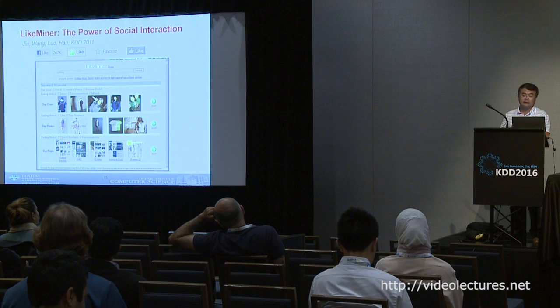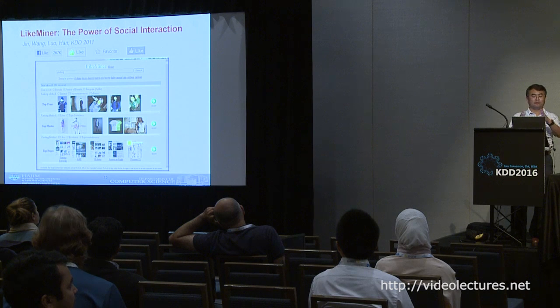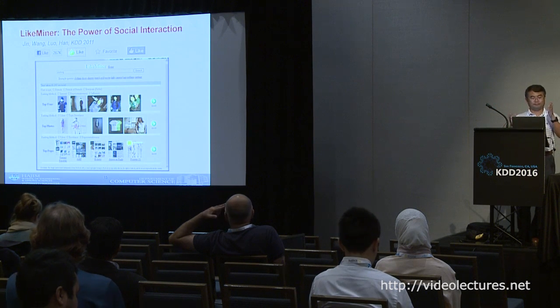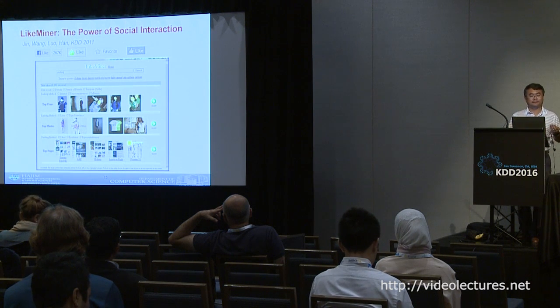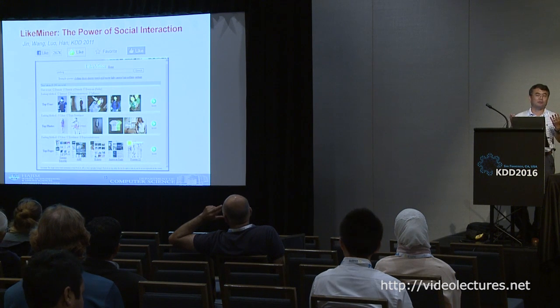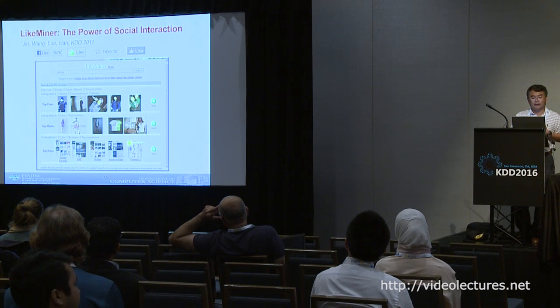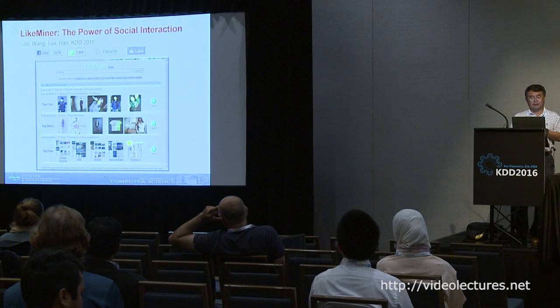So this one is an example about the clothing topic. If you are interested in clothing, then we can look at the entire network of Facebook, not the entire network, the network we collected. Okay, then we can use data mining techniques to discover top users, which are people who talk a lot about clothing, top photos, as I show in the second row, and then top pages as far as clothing is concerned. So as you can see, they actually make sense. They are like Banana Republic, A&F, Hollister, and so on and so forth.